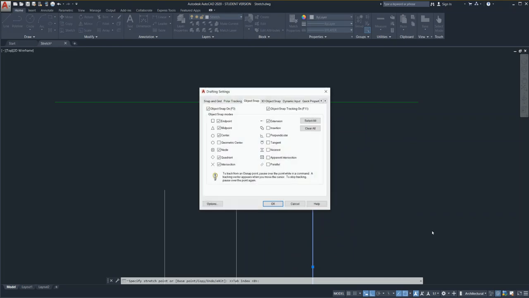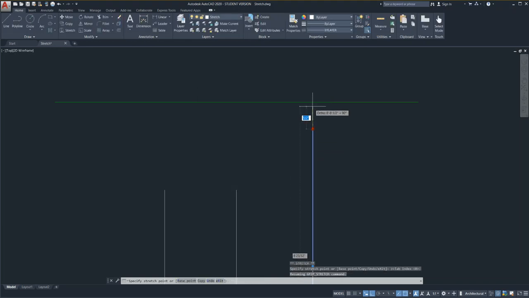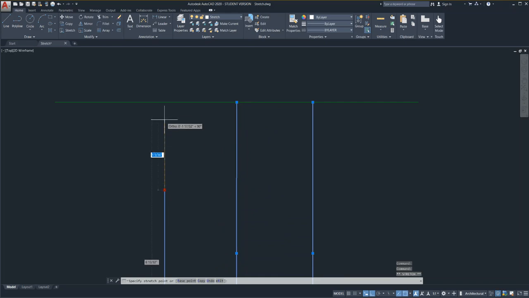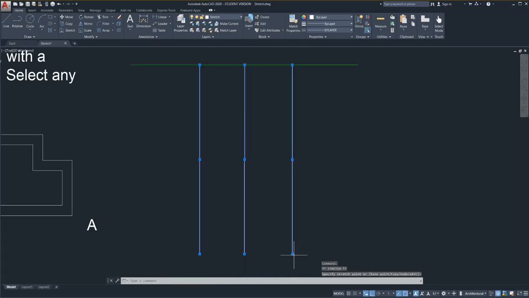Settings. I'm going to turn on perpendicular. There we go. Okay. And I click, and there we go. I click on this object, click to make it red, bring it up, click. Click on the red grip. There we go. Now if I click on an end grip here and it turns red, I can stretch or